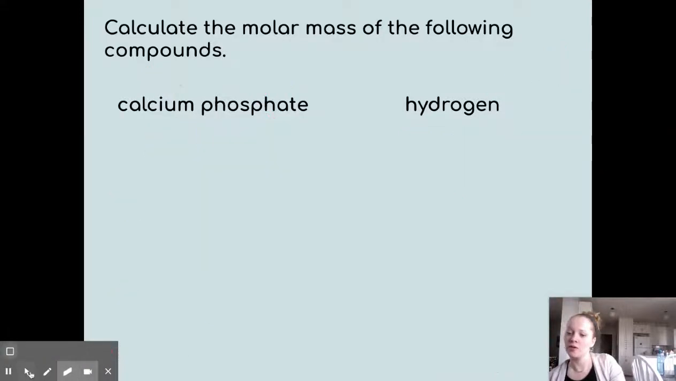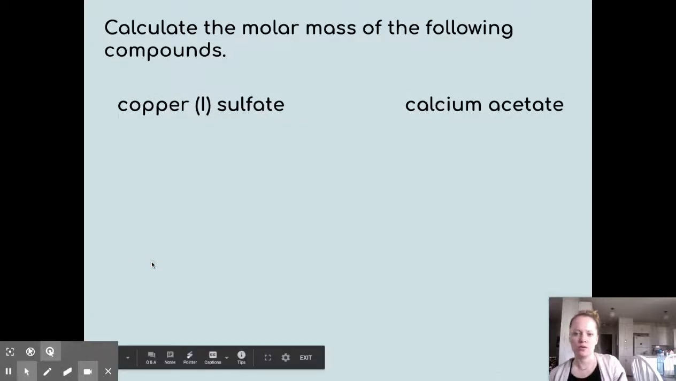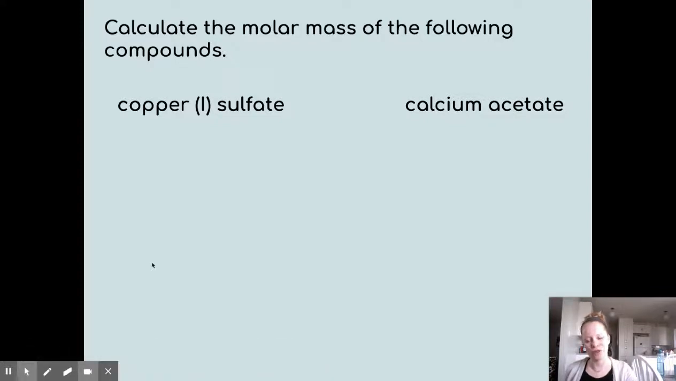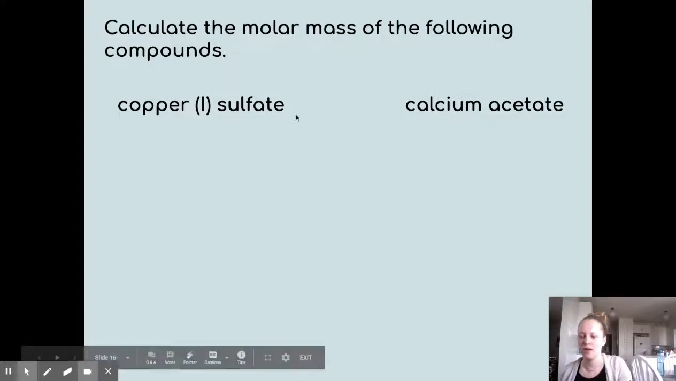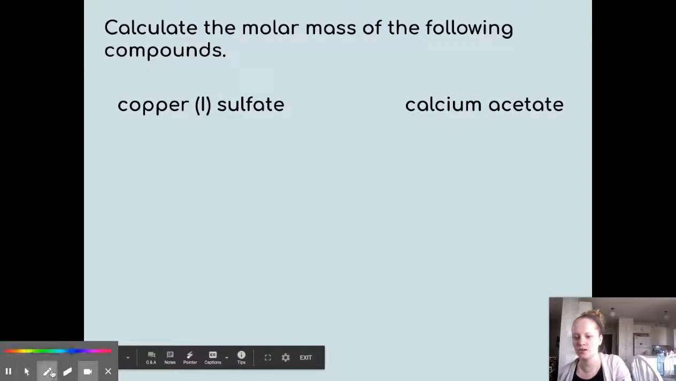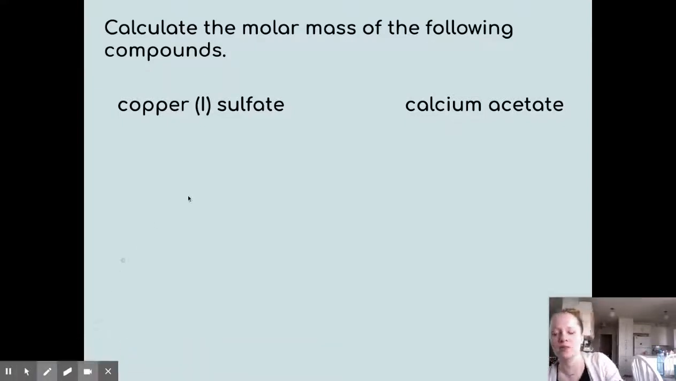Getting the hang of it, I hope. If you want to do these 2, you can pause, then replay, and try these guys out. These will be the last ones I'm going to do for this video, and then I'm going to give you guys some practice. So we have copper 1 sulfate, so just a little heads up reminder, that would mean that